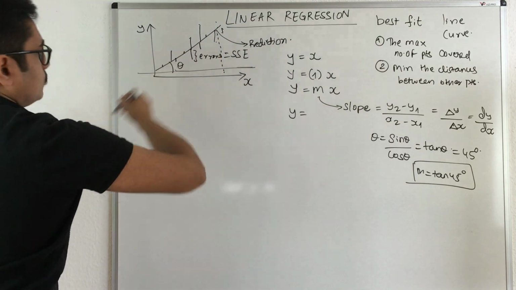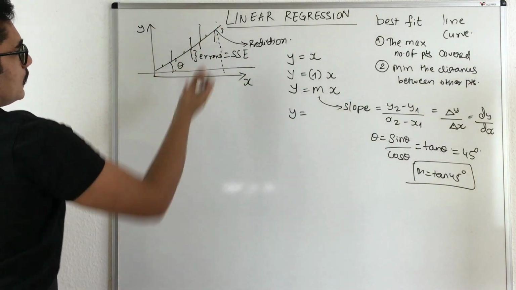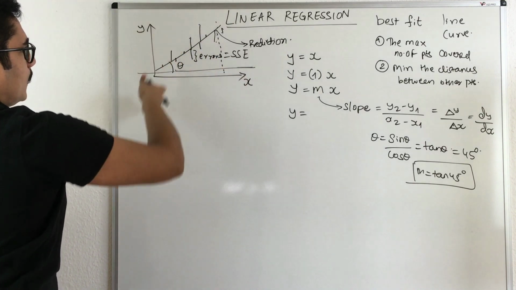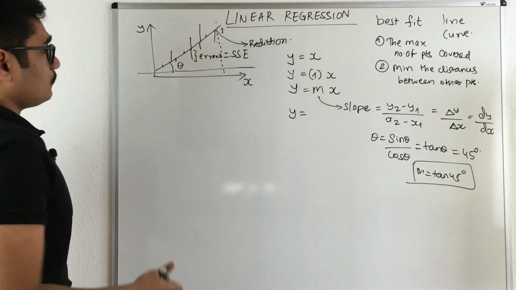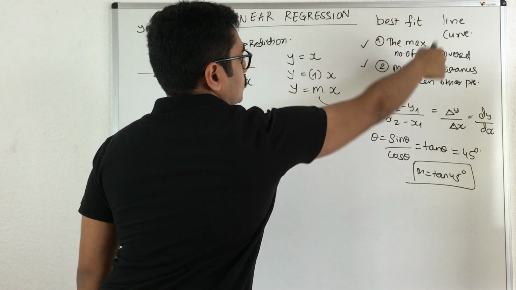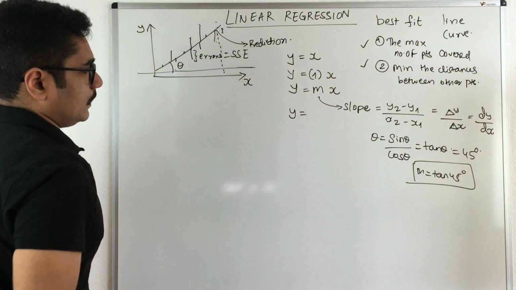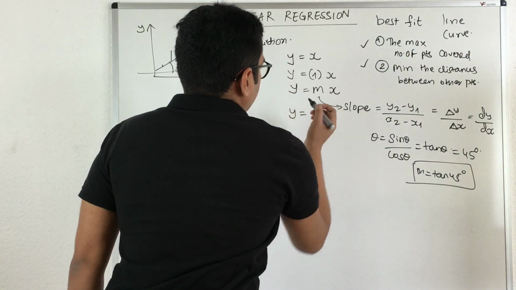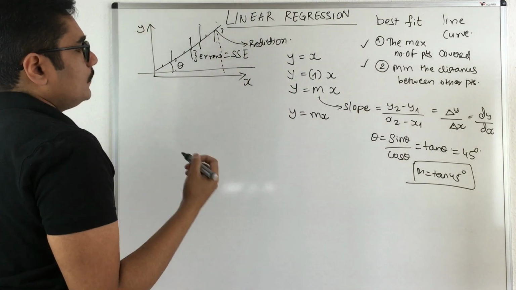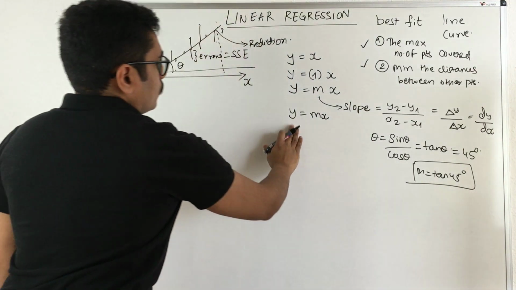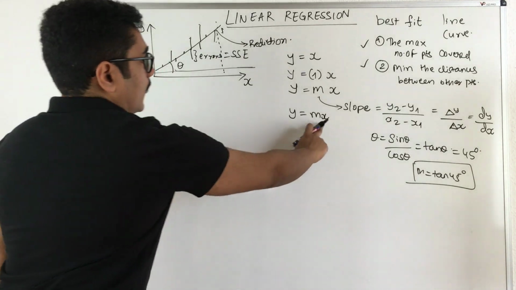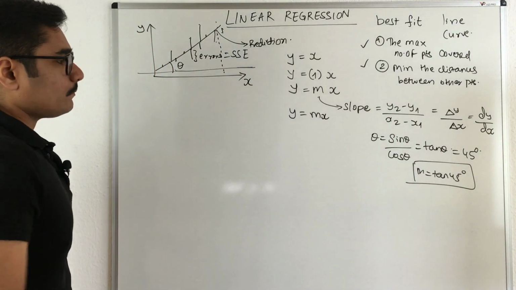According to this, it's not always necessary that your line should be in this way. It can be this way, or it can be like this, like this. There are n number of possibilities, but your best fit definition is these two. This should be satisfied in order to construct this line. So your equation will now be mx, and then you need to check what will be the value of y when your value of x is 0. x is 0 means slope is also 0.